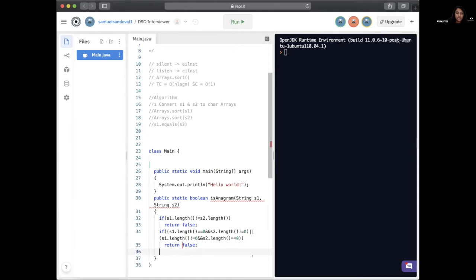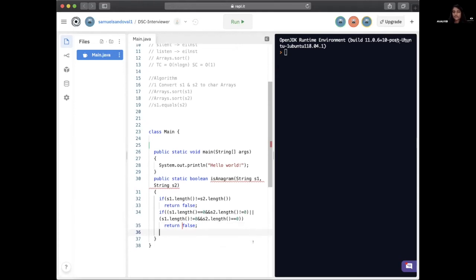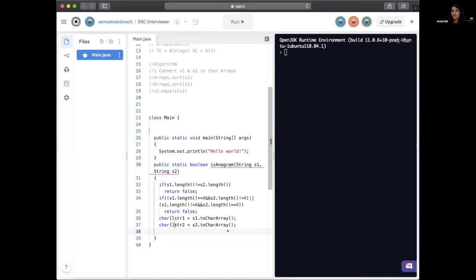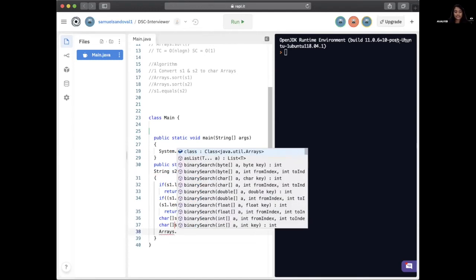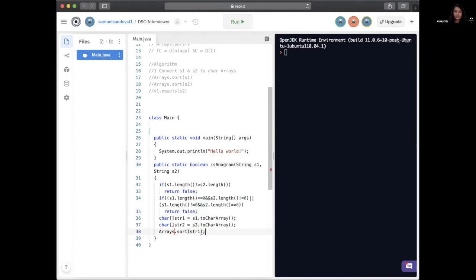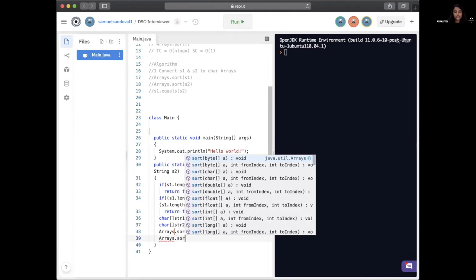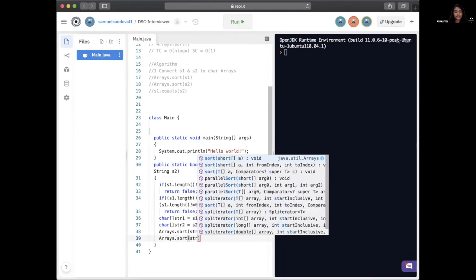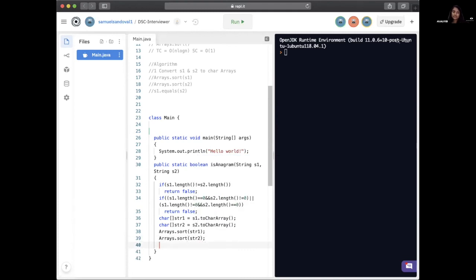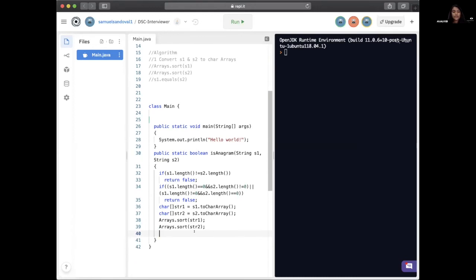Okay, great. Now I'm going to go ahead and convert S1 and S2 to character arrays. So the way I'll be doing that is char[] str1 is equal to S1.toCharArray(), and the same for S2. All right, so now we're all set up to use our built-in function. So now we can just go ahead and call Arrays.sort(str1) and Arrays.sort(str2). Right, so now each of these character arrays should be in their sorted form, and we simply check